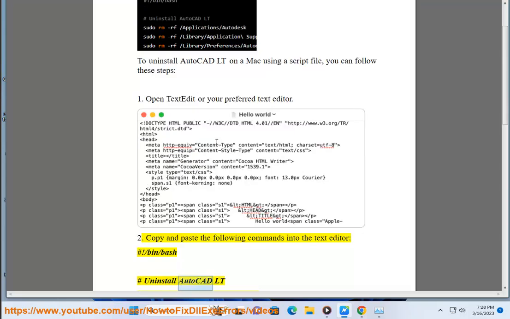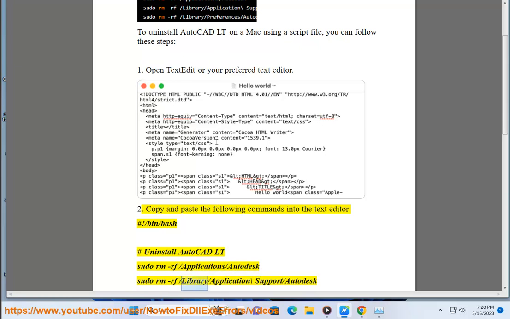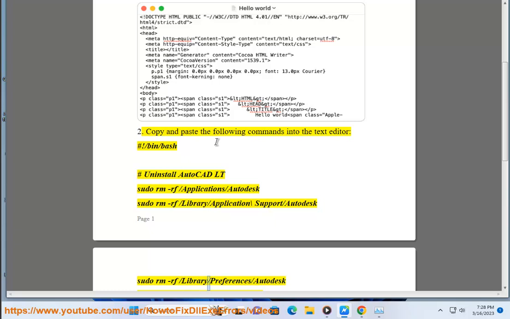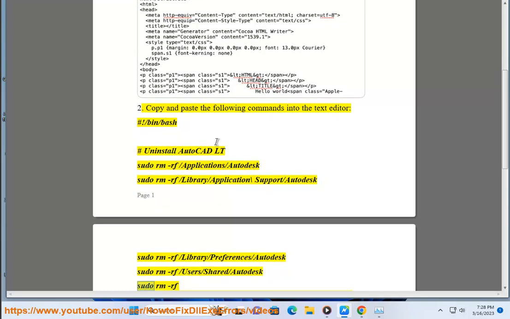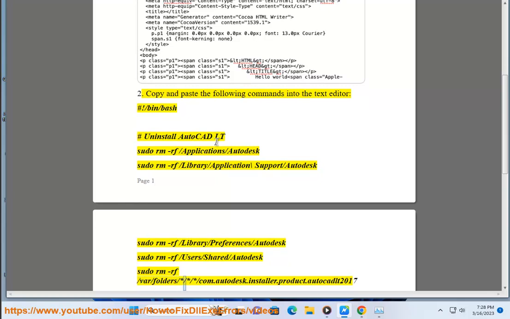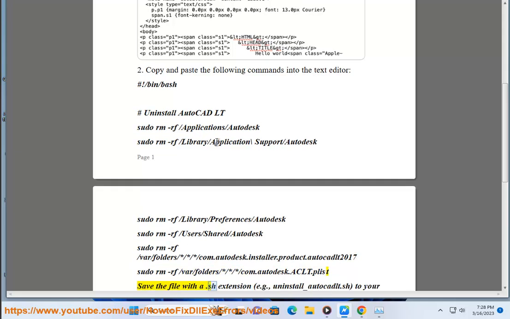#!/bin/bash #uninstall AutoCAD LT sudo rm -rf /Applications/Autodesk sudo rm -rf /Library/Application Support/Autodesk sudo rm -rf /Library/Preferences/Autodesk sudo rm -rf /Users/Shared/Autodesk sudo rm -rf /var/folders/*com.autodesk.installer.product.AutoCAD LT 2017 sudo rm -rf /var/folders/com.autodesk.ACLT.plist. Save the file with a .sh